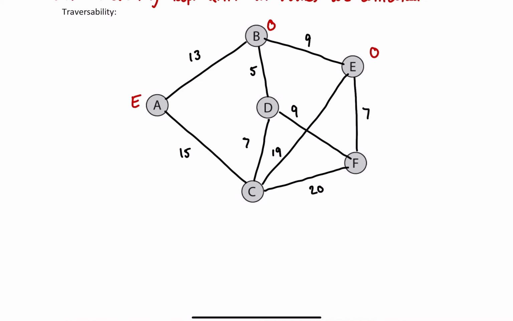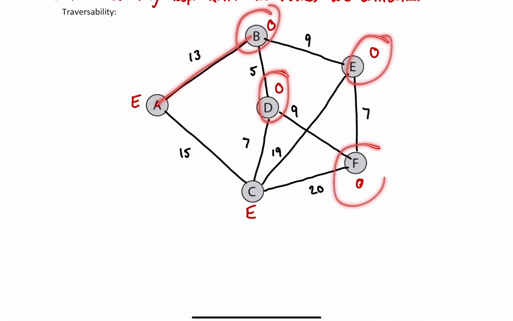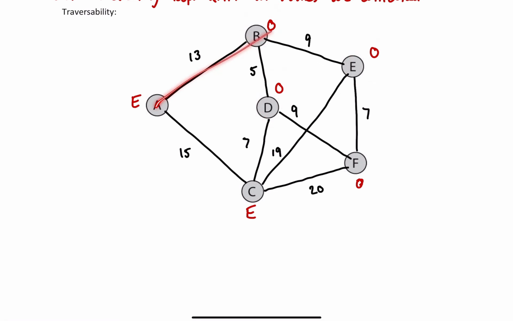Looking at F, there are 3 edges coming off, so that is odd. Looking at C, there are 4 edges coming off, which is even. And looking at D, there are 3 edges coming off, so that is odd. And traversability says if no nodes are odd, if they were all even,